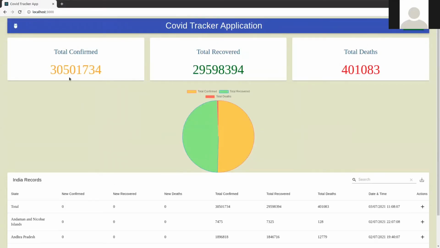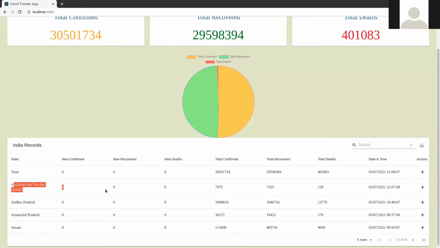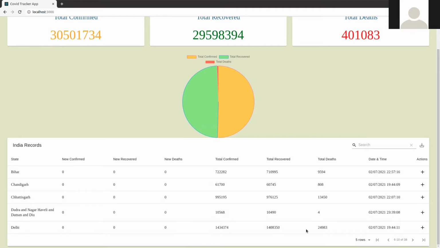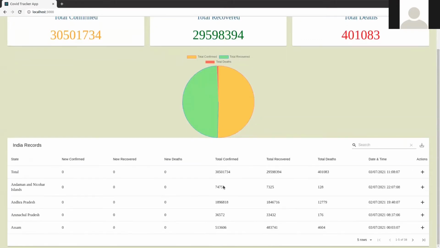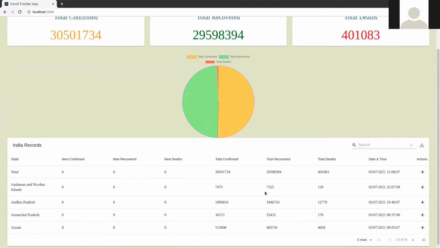Here I am using another button, that is India. If someone clicks on the India button, the record shows for India only, like total India confirmed cases and total recovered. And in the table I'm going to show only the state-wise data. As global I show country-wise, and here I show state-wise. And if total confirmed or new confirmed cases are not there, I want to show only the total confirmed case here.